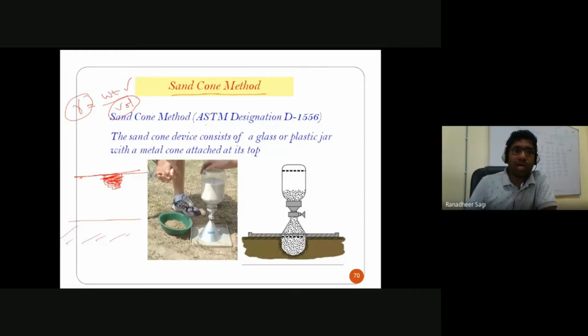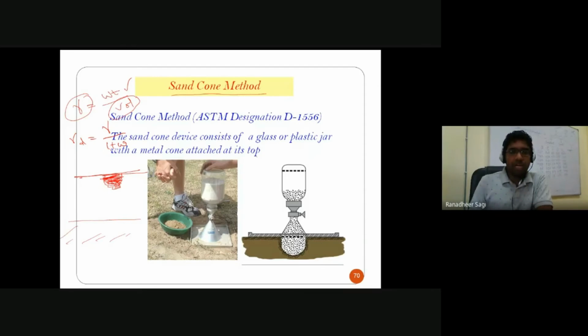So once the water content is known, then I can go ahead and calculate the dry unit weight of the soil, or the dry density of the soil, which we can simply write as the bulk density divided by 1 plus W, where W indicates the water content that is present in that particular soil which has been excavated from the ground. Okay, so that's how you can determine the dry density of that particular soil which has been compacted in the field.